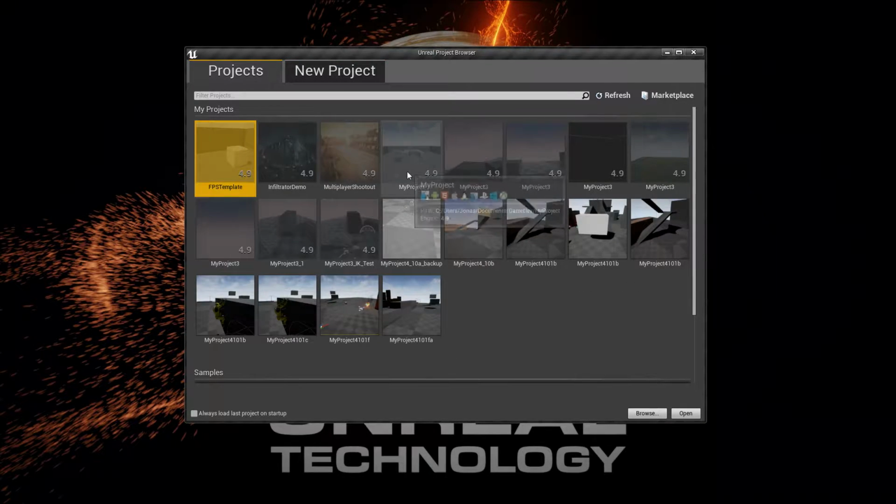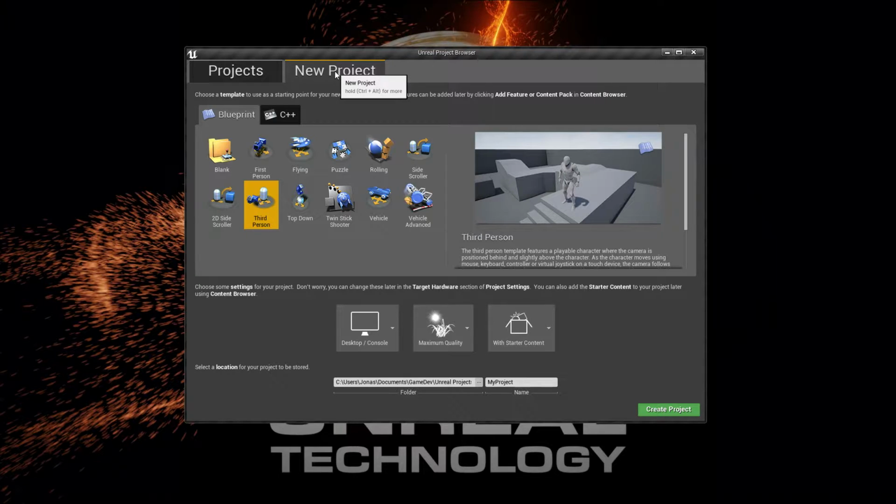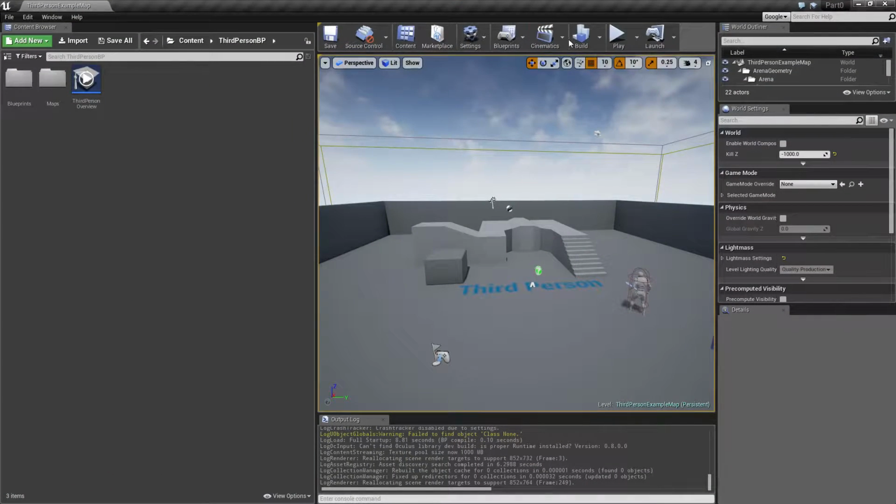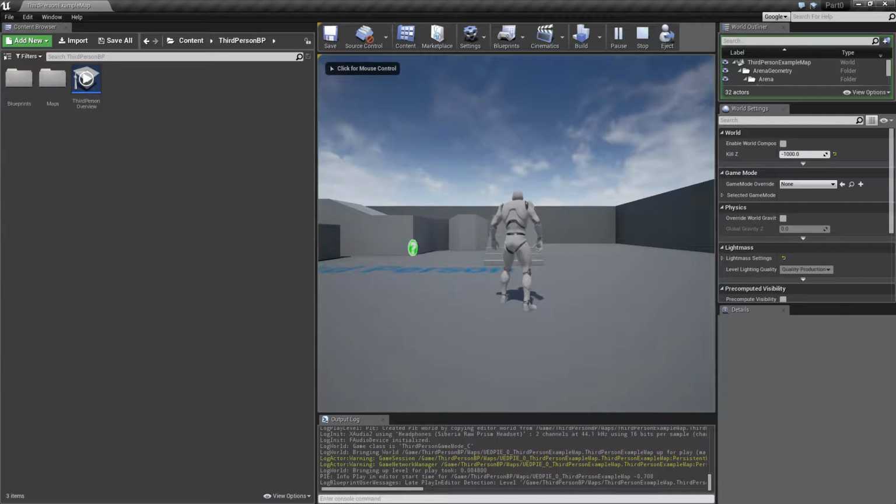Anyway, I'm mentioning this because, as I remember, I started off with the third-person example here. So once you have your project open, you go to the new project tab and pick the third person. And let's call this project part 0, just to have something. And it popped up on the screen. So when we start the project here,